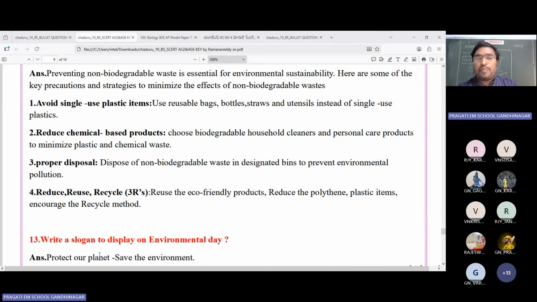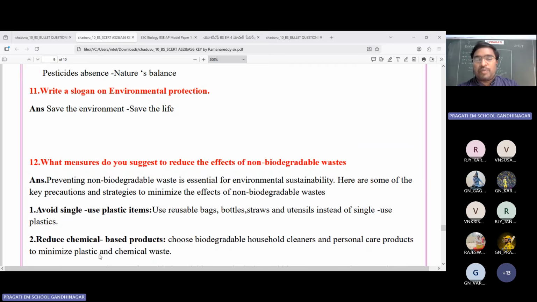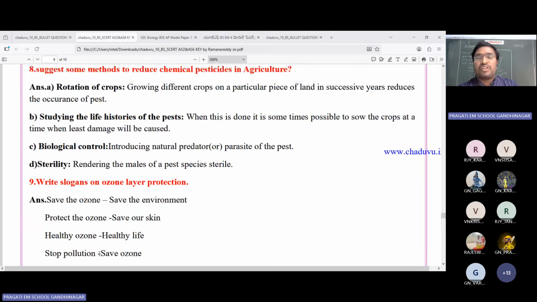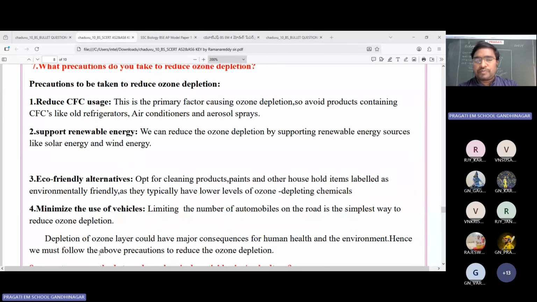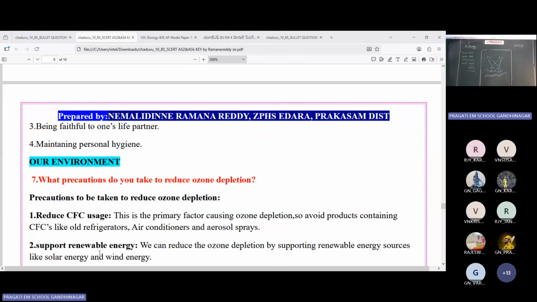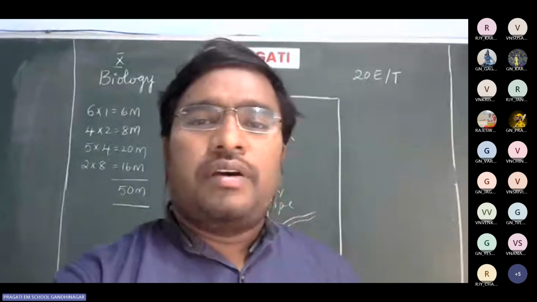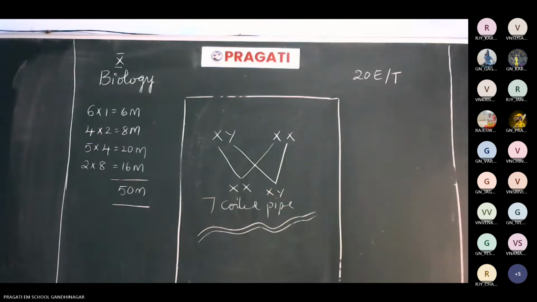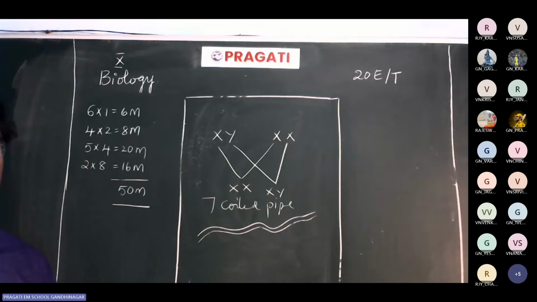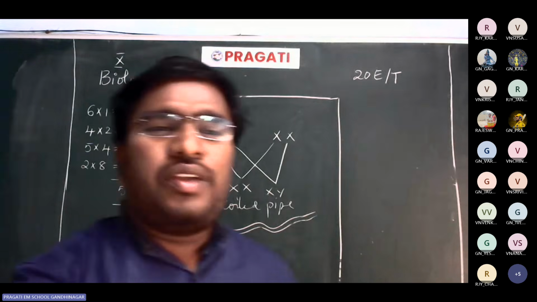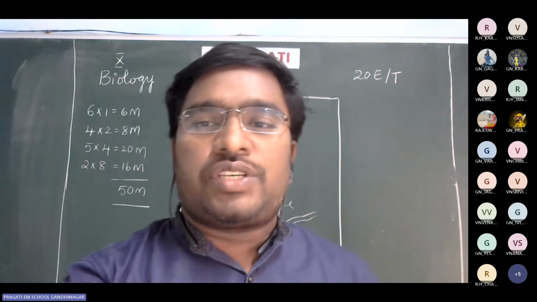So these are the important 1 mark and 2 marks chapter wise which I given in this PDF, children. So I hope you understood these questions. So when you are writing 1 mark and 2 mark questions, try to read the question twice or thrice. Then you should write the answer, children. Without proper reading, don't write the answers, children. Okay. So try to read the question first.